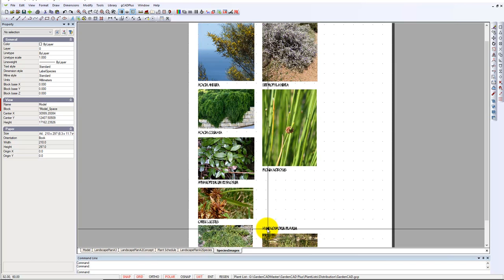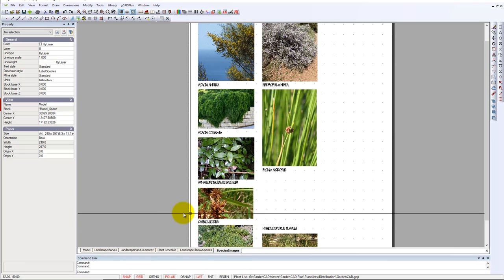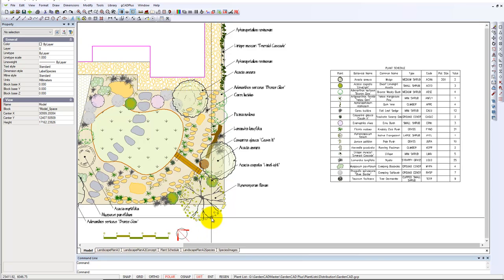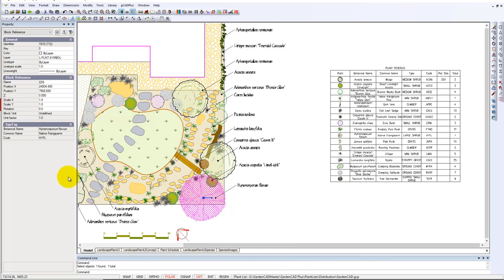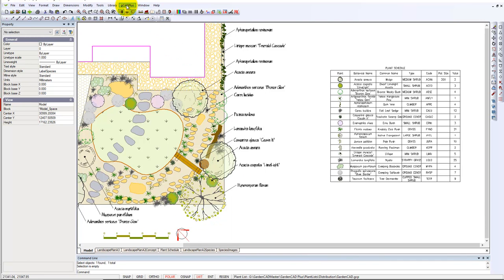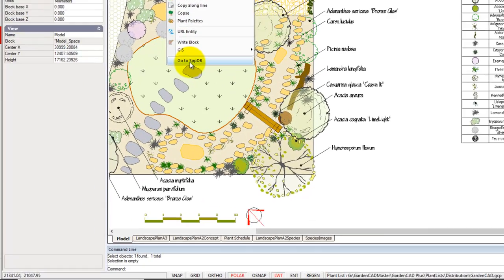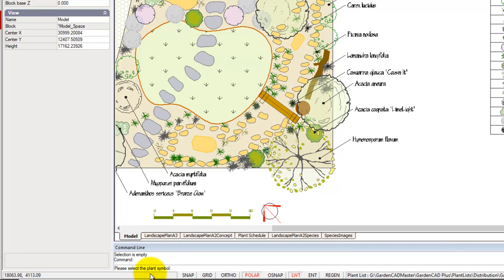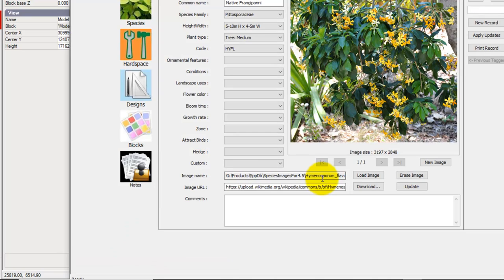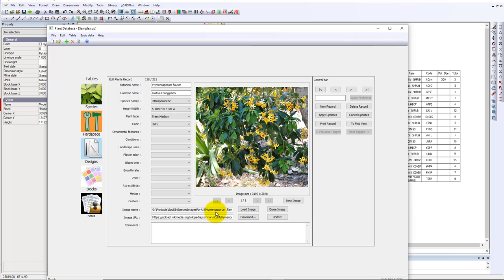Let's imagine I want to get an image for Hymenasporum flavum. If I come back into the model and we click on this symbol, it's tagged Hymenasporum flavum, the native frangipani. If you go to the gCADPlus window, we've got one option down the bottom here called GoToSpp. Now, provided your copy of the species database program is running, we can say go to it. The prompt says select a plant symbol, so we'll select this native frangipani, and bingo, it being gCADPlus whips out